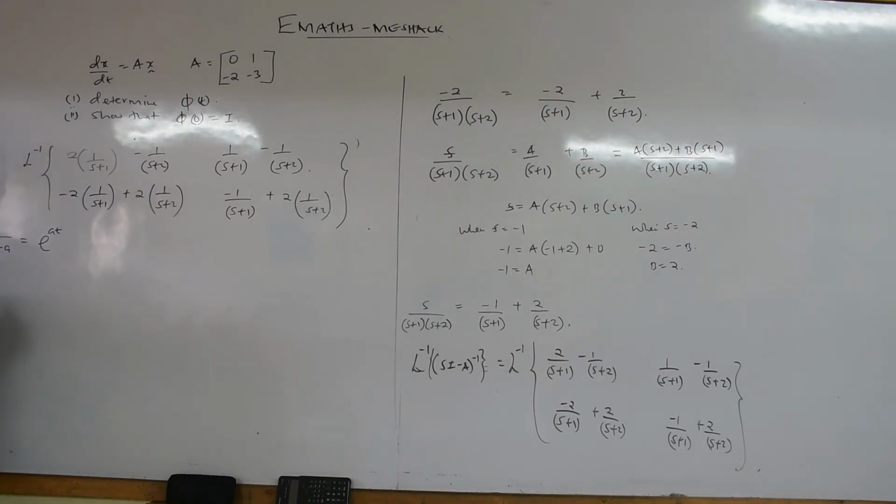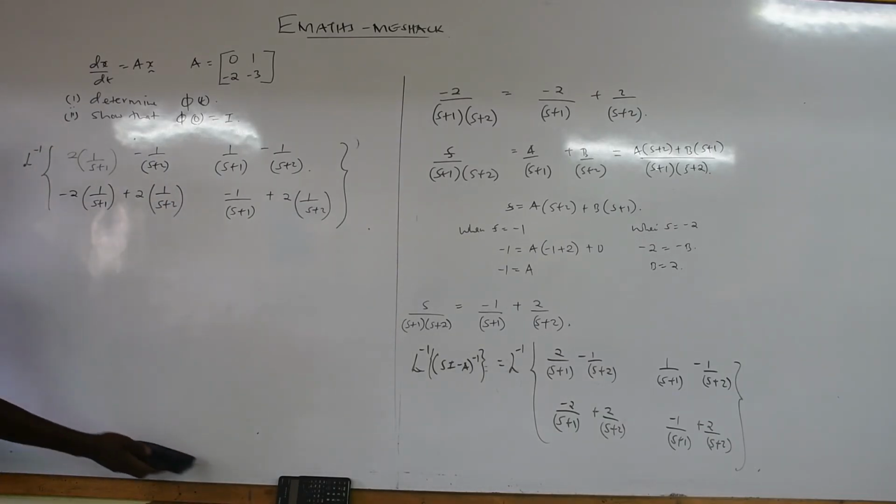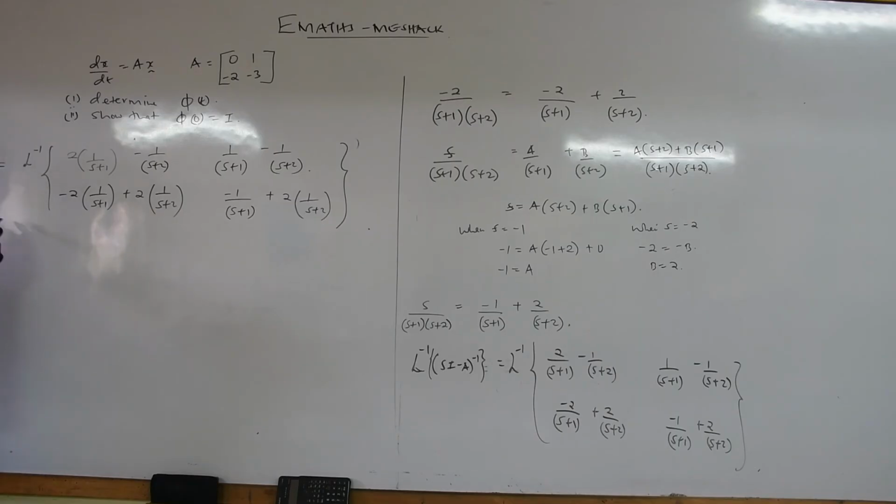So that means the only way the sign that joins the s and the a can be positive is when your a is a negative value. That is to say, if I have s minus and I have a negative value of a, then when I open the bracket I'll have s plus a. Are we together? So therefore it means all the values of a here are negatives. So therefore our state transition matrix now will be given by,